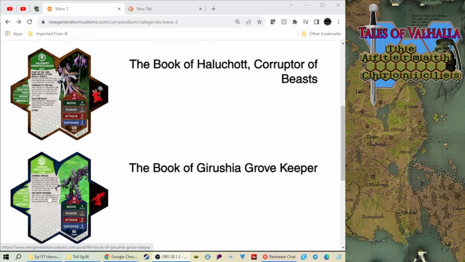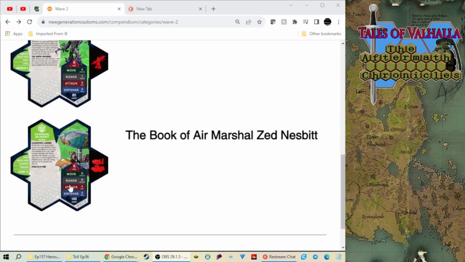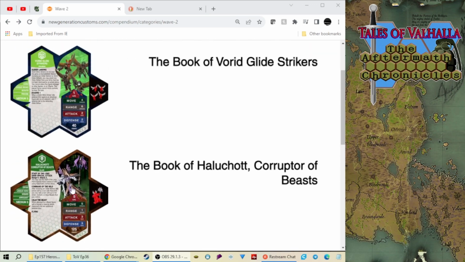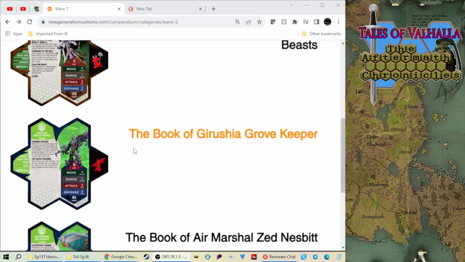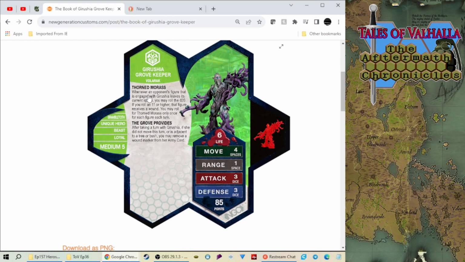What other thing stands out? I know this one I think was kind of scary. I was interested in Zed Nesbit, of course, the Void Glide Strikers, but the one card that stood out to me the most was Giroshia, I believe, Grovekeeper. The abilities are very, very interesting. It says here,